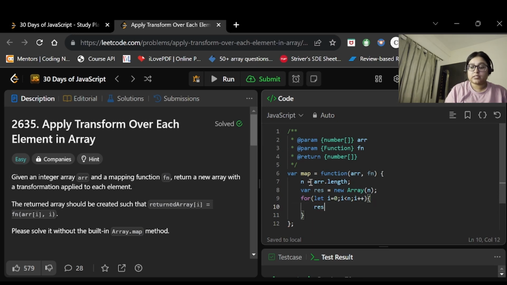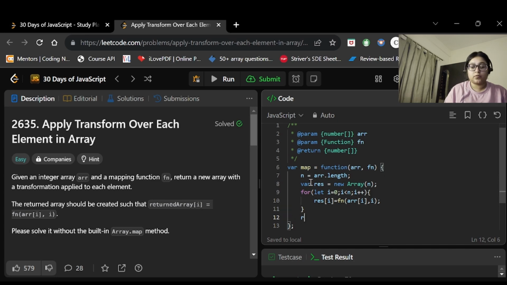Now in this res we will be storing the transformed values, right? So here we will be sending each element with its index. Outside this loop, we will just return the array.